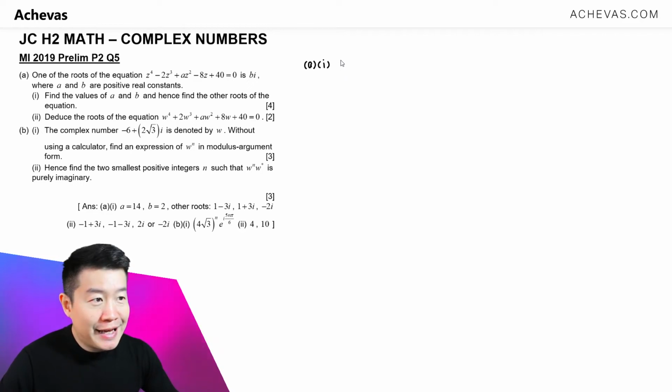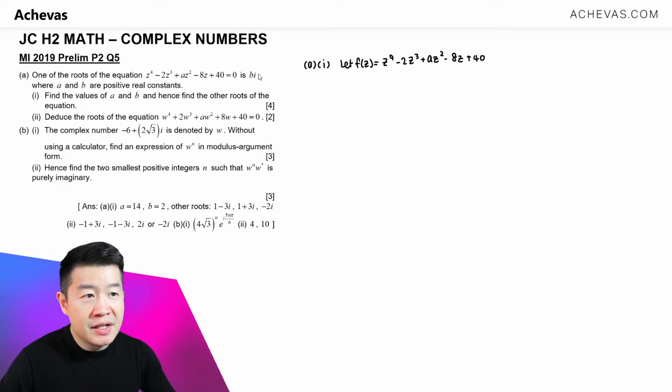I'm going to first let f(z) represent the polynomial that is given. So it is z to the power of 4 minus 2z to the power of 3 plus az squared minus 8z plus 40. And since we are given that bi is a root of this polynomial, that means f(bi)